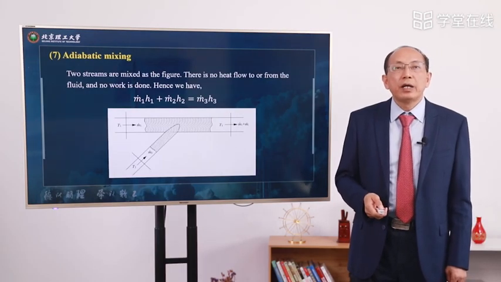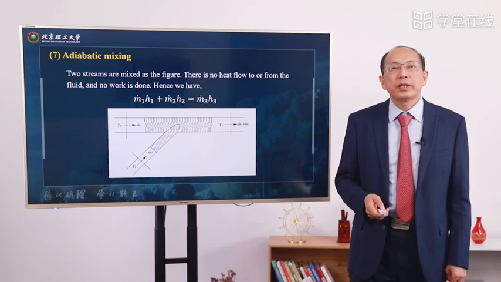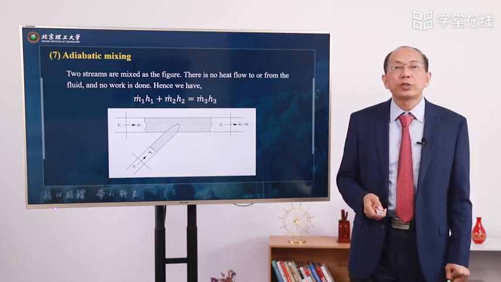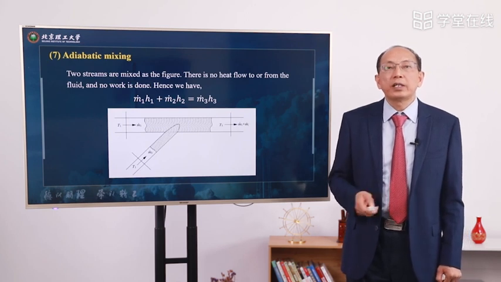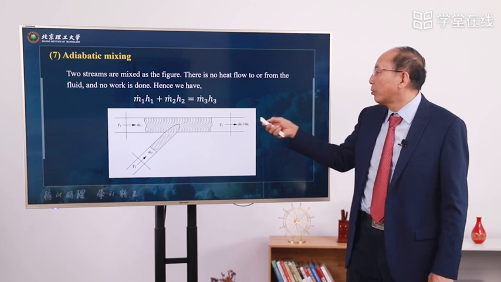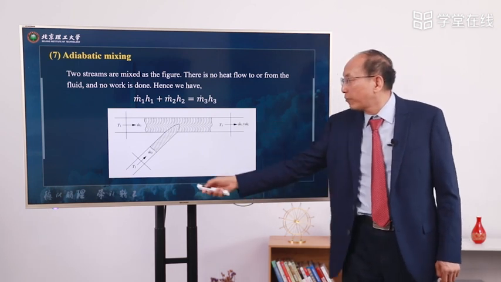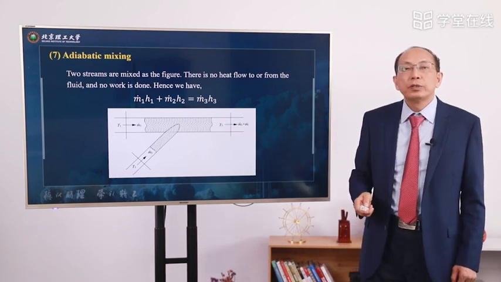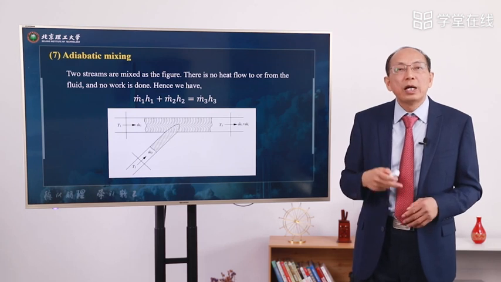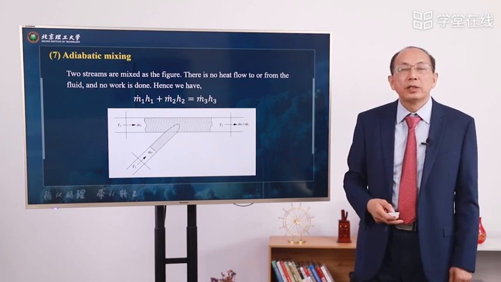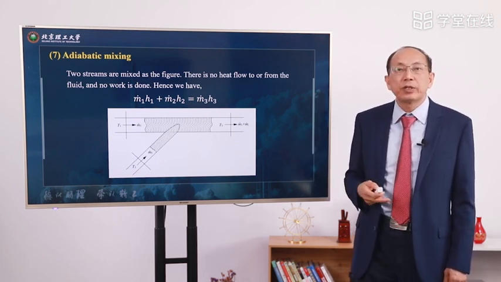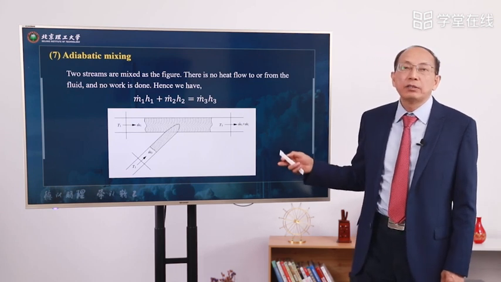Example 7, adiabatic mixing. Mixing is a very common process in the industrial field. Two streams are mixed as in the figure. One flow is from the main tube, and another flow comes from another tube into the main tube. So two streams are mixed. We can use the energy balance equation and the mass balance equation to do some analysis for the